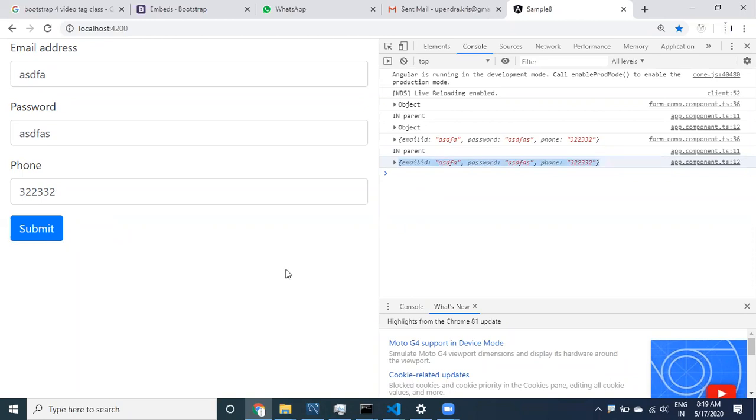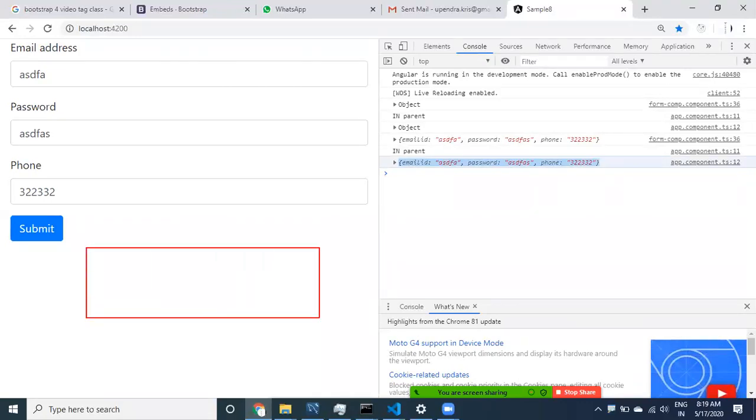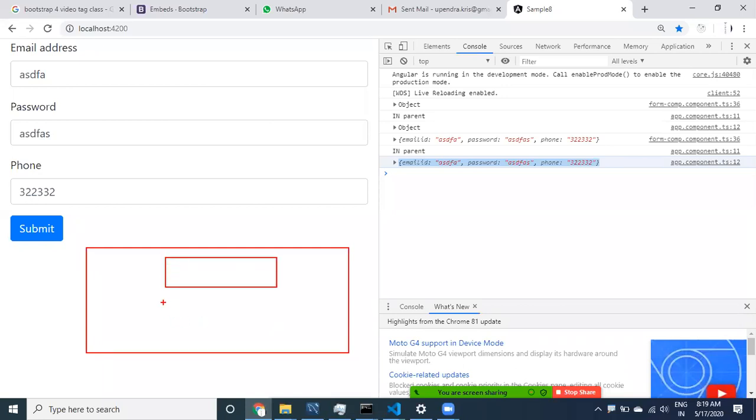Now our goal is to send the data to another child component. I want to create an app component and two other components, a form component and a table component. Whatever data comes from the form component, we need to take in the app component and send it to another component. This component can be anything, guys, not only a table component. It can be any div component or any other component you can use.